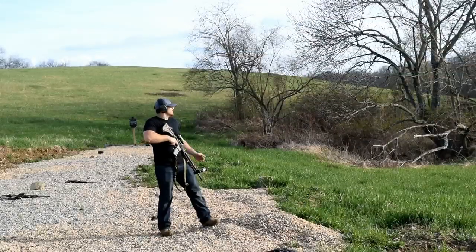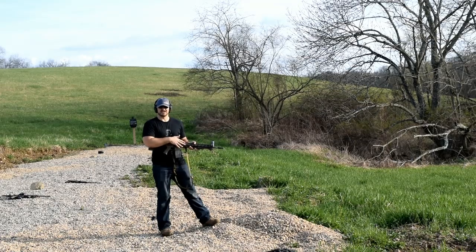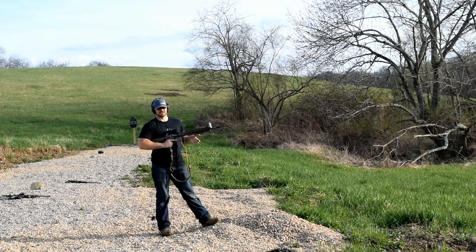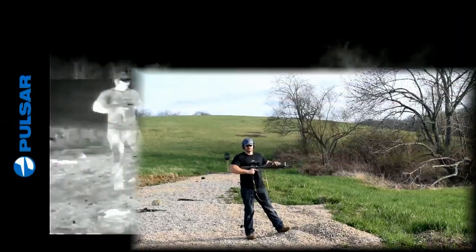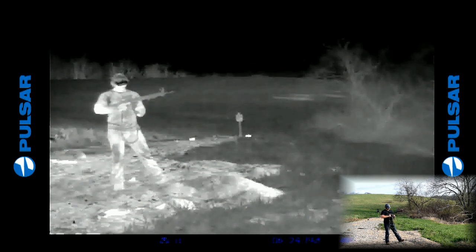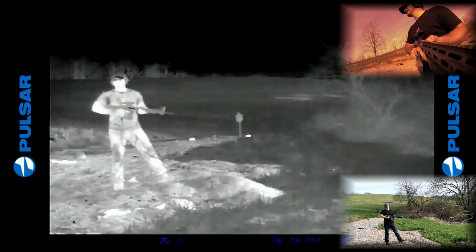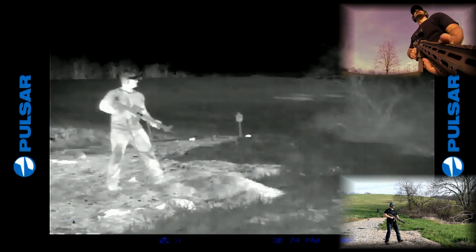Alright guys, for this test, we're going to see what this gun looks like after I heat it up. So right now, what you guys are seeing is an AR15 that has not been shot all day. It's just been hanging out at room temperature, and as you can see on the thermal view, it's cooler than body temperature. So I'm going to run 30 rounds of Wolf through it and see what the barrel looks like after that, and maybe what the handguards look like as well. So, without further ado,